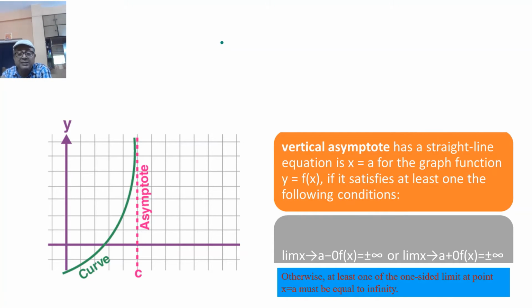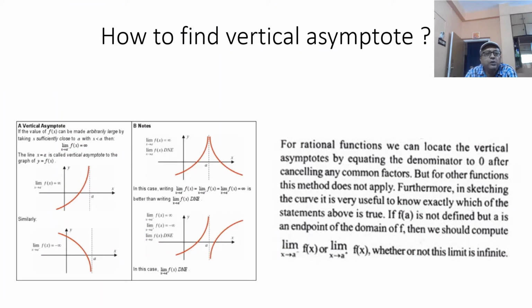In both the cases, when x tends to infinity we get an asymptote, and when y tends to infinity then also we get an asymptote, but this time the asymptote is a vertical asymptote. To get the vertical asymptote, we'll remember that when x is tending to a, y is tending to infinity. So x equal to a is the vertical asymptote there. As told earlier, a vertical asymptote will exist when x tending to a, the value of the rational function is going to be infinity. And for a rational function, it is very easy to determine.